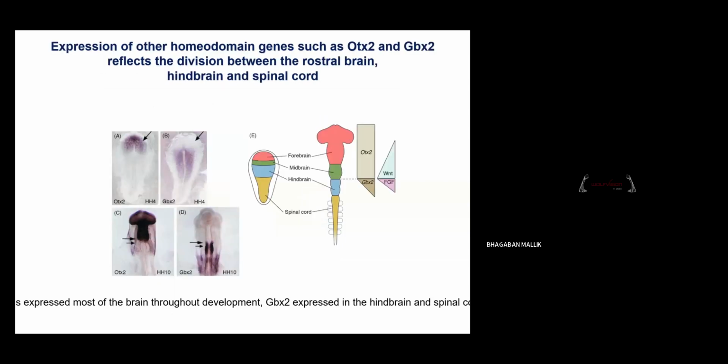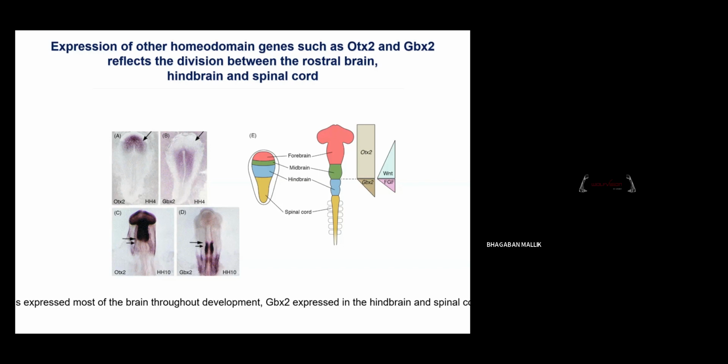Okay. So besides this signal, the expression of homeodomain genes also defines the posterior and anterior development in the animals. This is shown here. You have the forebrain, the midbrain and the hindbrain, and you have the spinal cord. For the development of the anterior portion, you have expression of